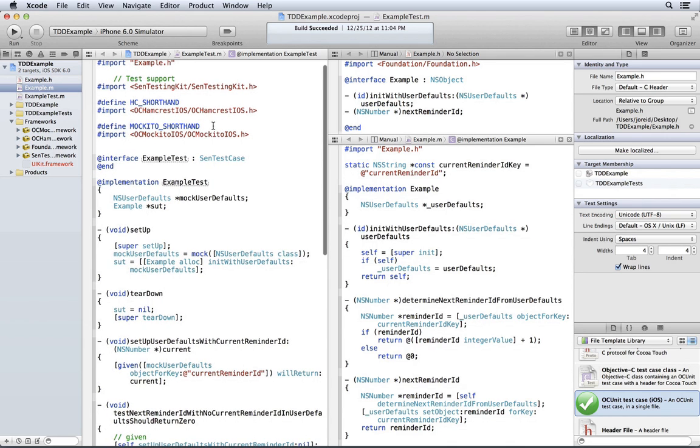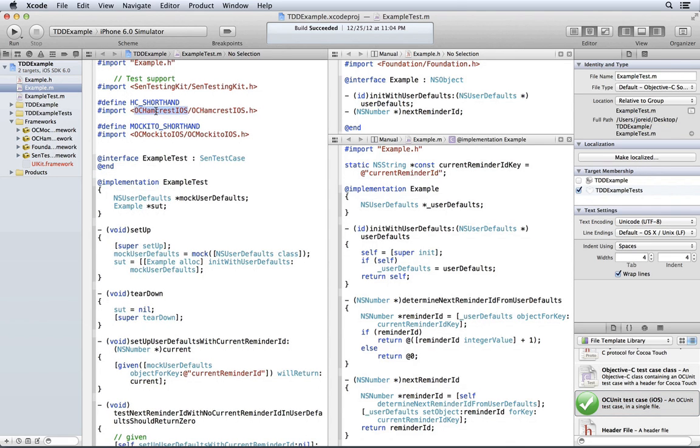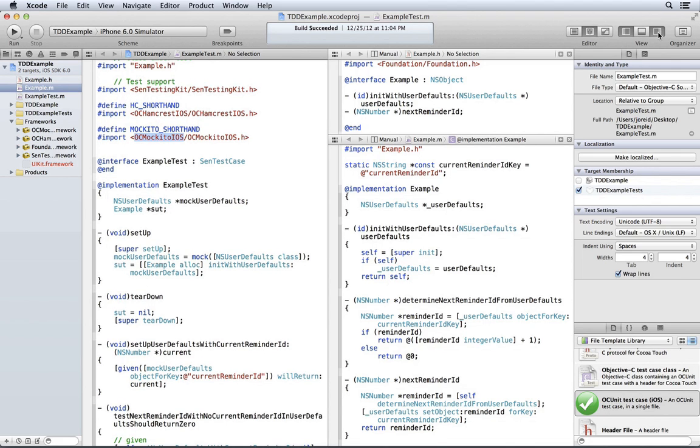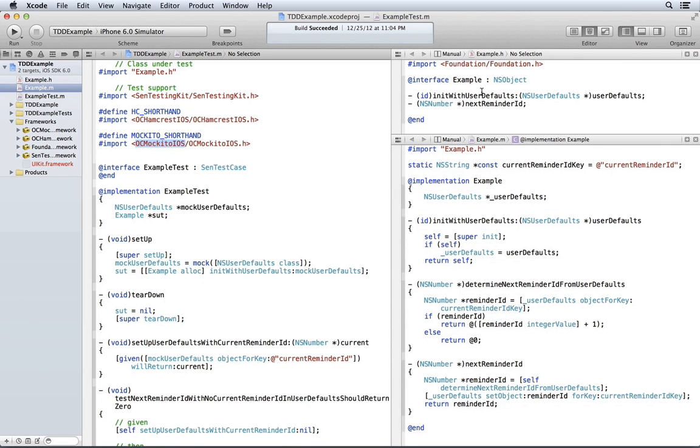I like to use OC Hamcrest for my test assertions and OC Mockito for my mock objects. Remember dependency injection, the two types. There's property injection, but what you want most often, is constructor injection, which we used here.